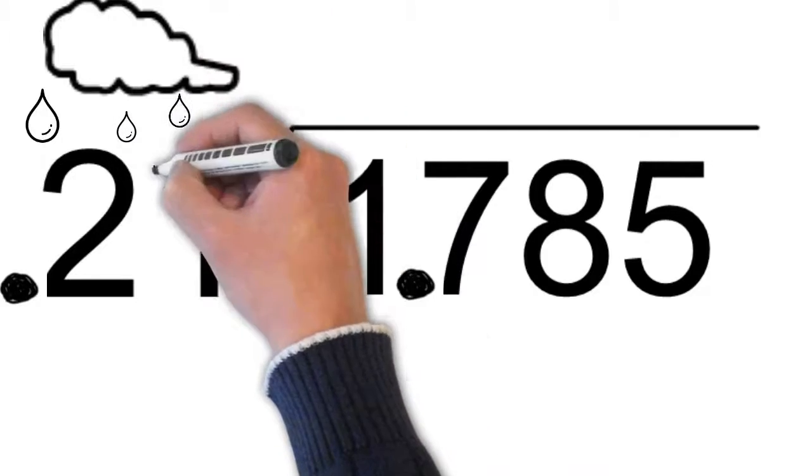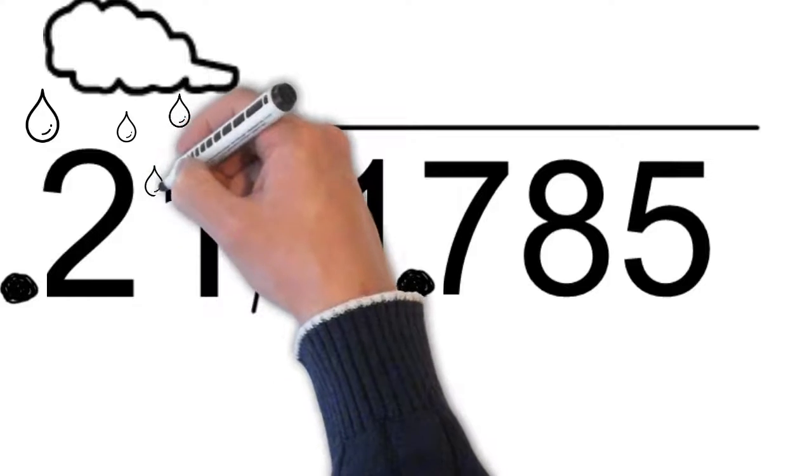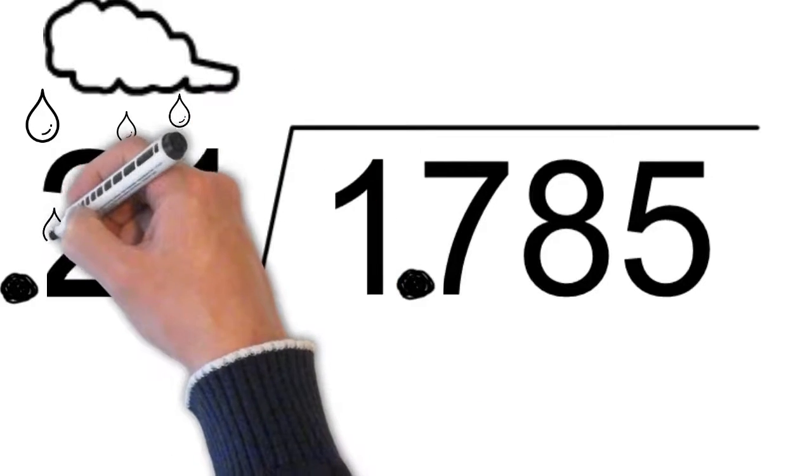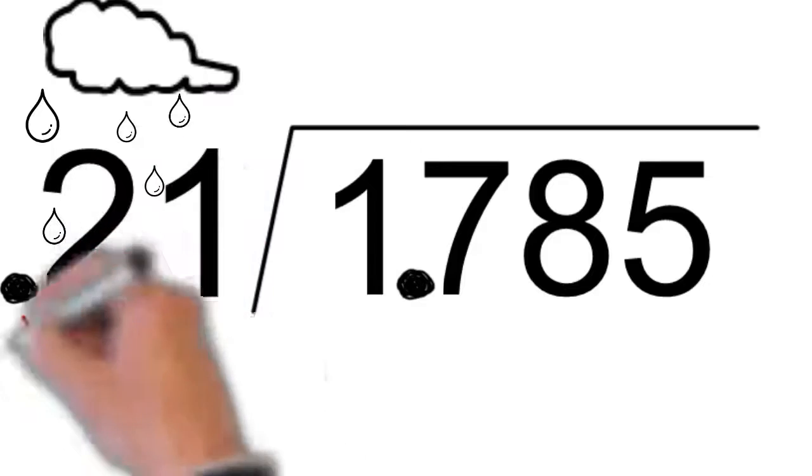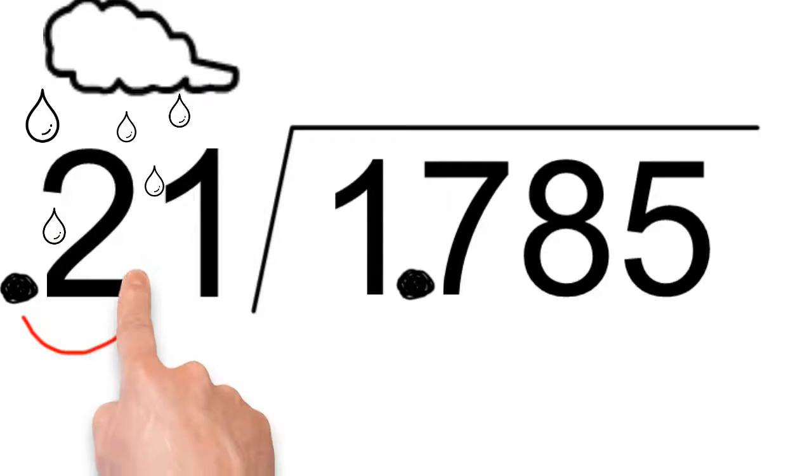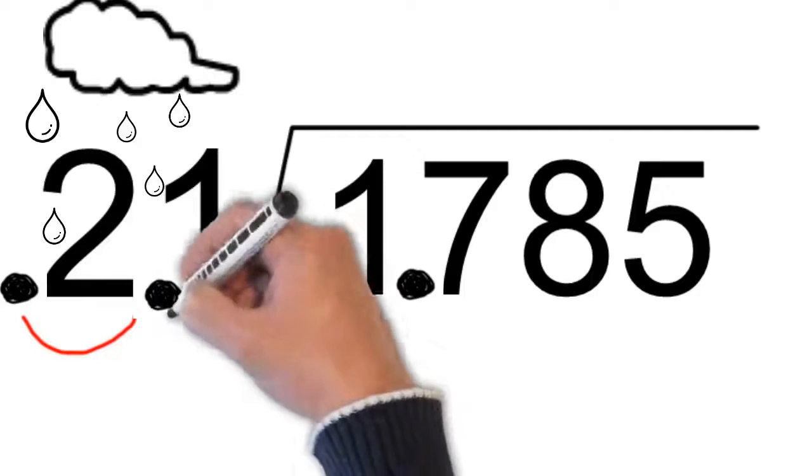Well, Dot just simply loved living in the divisor, but one day a rain cloud came, and all these raindrops were pouring down out of that rain cloud. And wouldn't you know it, Dot was getting soaking wet. And she really hated that. So she thought, I know, I'm going to move over a spot to the right, and that way I'll get